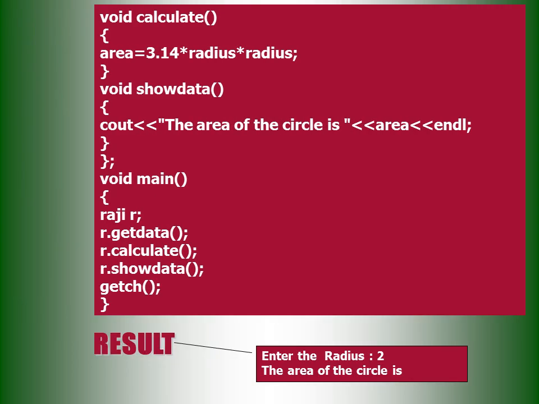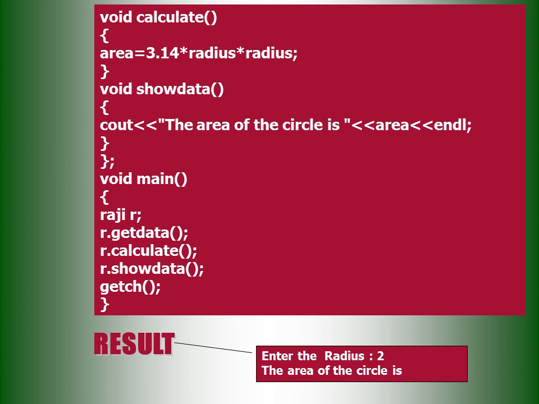Let us see another. Void calculate. Here only we are going to calculate. In getdata we have to get the radius, and here we are calculating the area. Area equal to, we are writing the formula here, pi value. 3.14 is the pi value. Area of a circle is represented by the formula pi r squared. So we have to mention the pi value directly as 3.14, or else we have to use a particular variable pi, and that must be given the value 3.14, and afterwards we use that variable also.